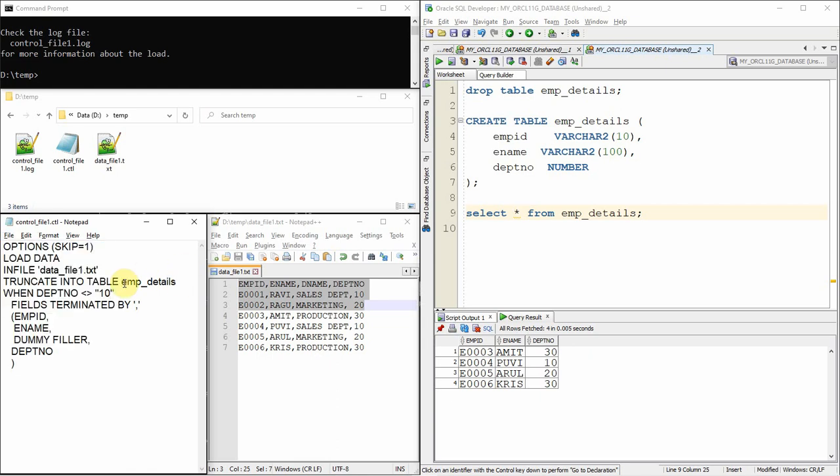So let us just save and execute the command. So in this case, all the records other than 10 will get loaded. So the people working in department 10 got excluded. I want to load only the department 10. So let me just put when department number equal to 10. Let us re-execute the SQL loader command. Let me just execute the select statement. Now you can see we just loaded the employees who are working only in department 10. So in this way, we are excluding a few specific sets of columns and a few specific sets of rows.